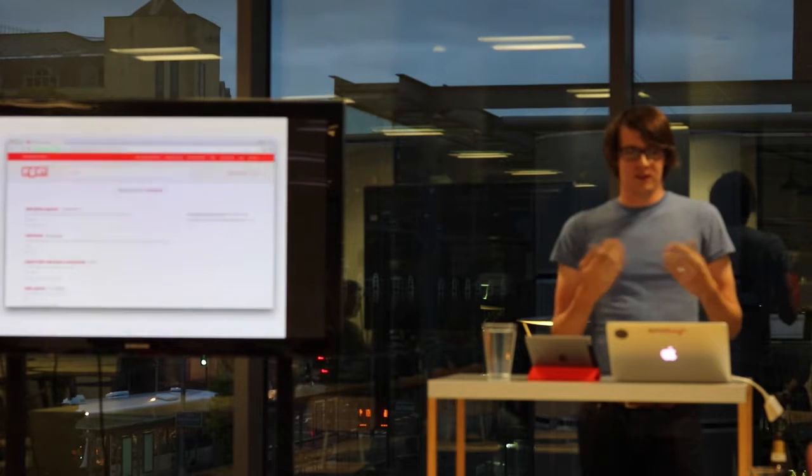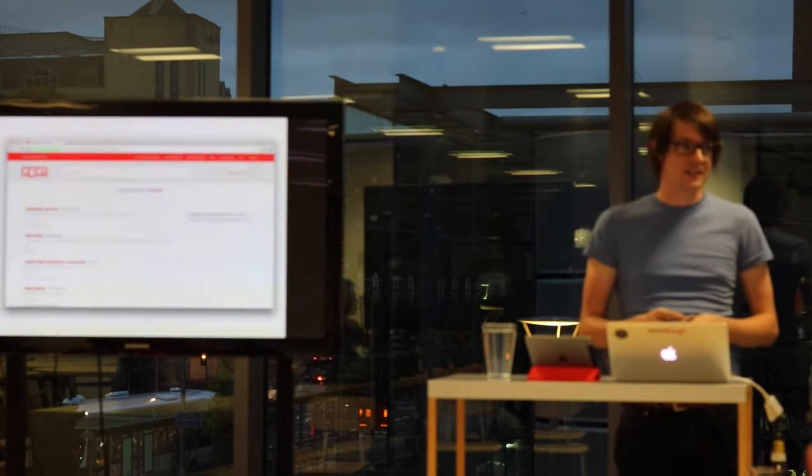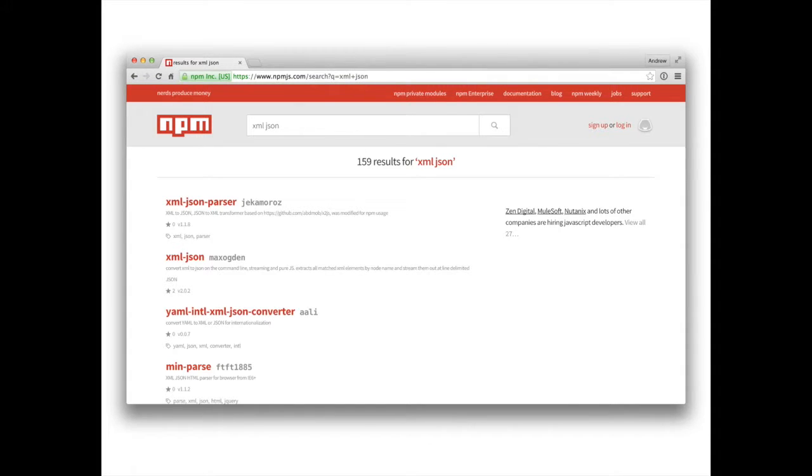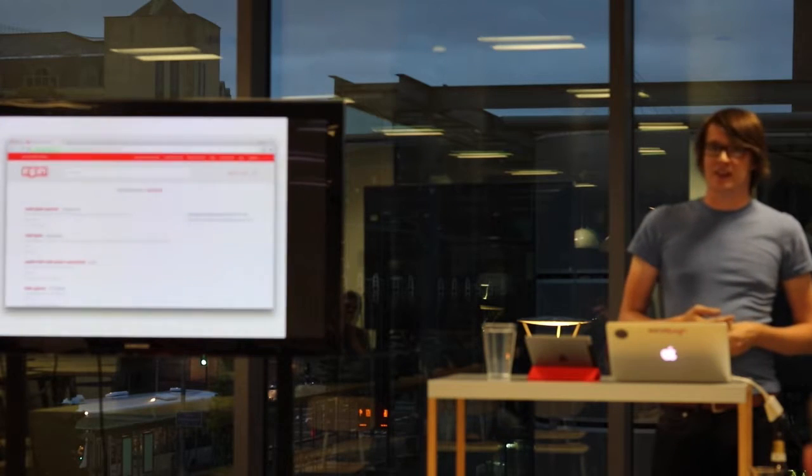There's another problem as well. If you actually go searching for something that you want to use, let's say we want to convert XML into JSON, which seems like quite a reasonable thing to do. The NPM search, I don't know if anyone's experienced it, but it's pretty awful. Basically just goes, let me try and find everything that includes any word that you've searched for. So if you search for one word, it's usually okay. If you search for 2 words, if you have a problem that involves 2 key words in the description of that problem, forget about it, it's not going to work. You're basically going to get every module that matches every word.